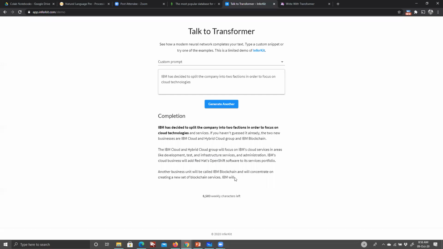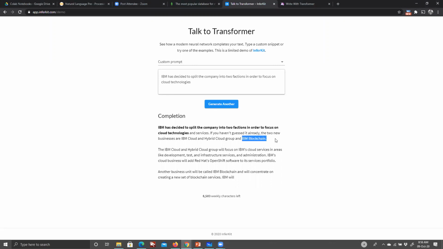Yeah, that's the whole point. This is why I'm saying it can also become very dangerous, because I just need to put one or two lines here, and it will just complete and generate almost any believable story, which is going to be false mostly. But yes. Is it taking this, Googling it and getting the news? No. IBM has not decided what they will call them. That's the whole thing.